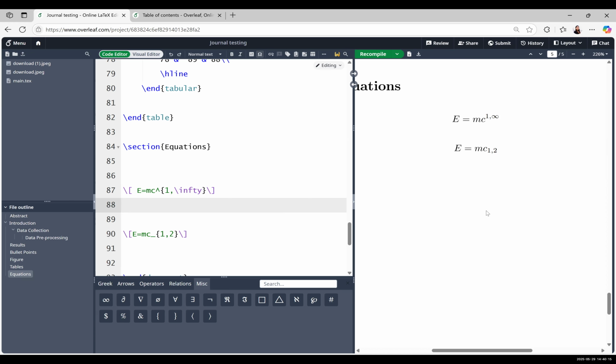So one quick thing to add here is that you cannot see an equation number. Okay. So if you want to add an equation number,